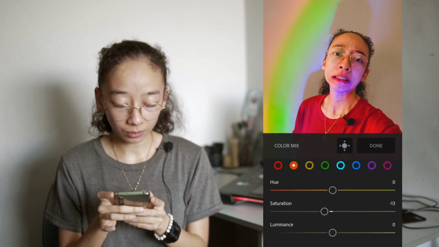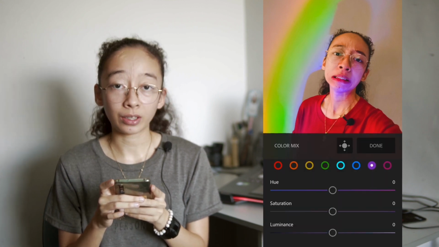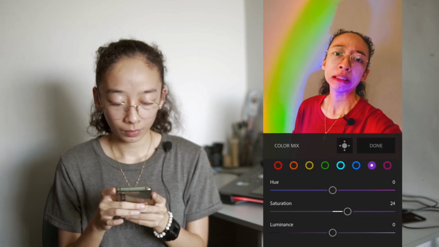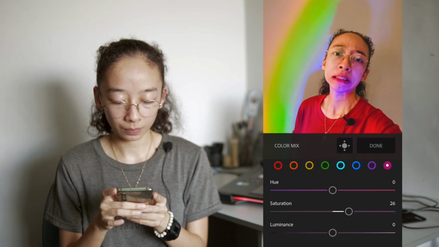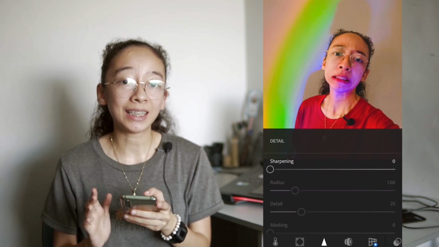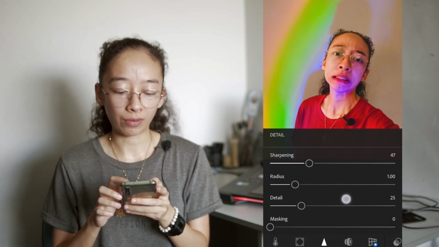Yellow 40, green 43, then blue 48, purple 24, and then magenta to 26. So now let's go to the details. Let's make the sharpening 47. The radius is